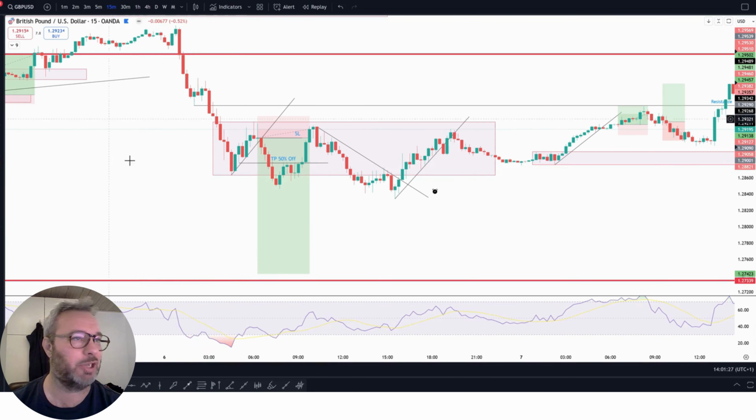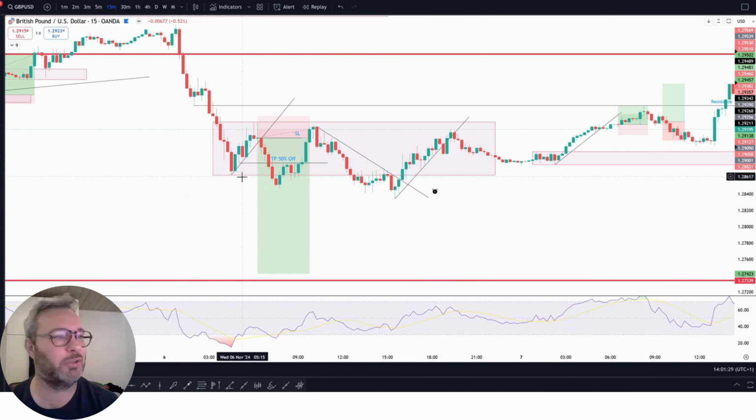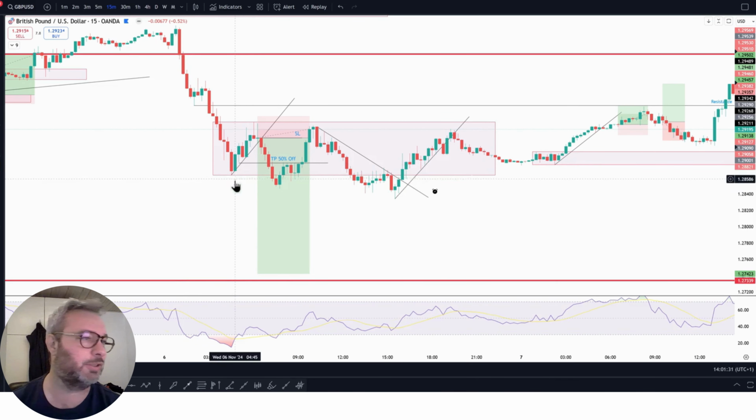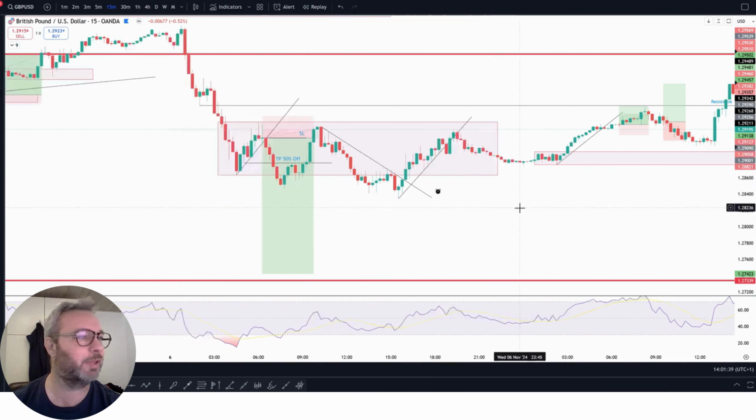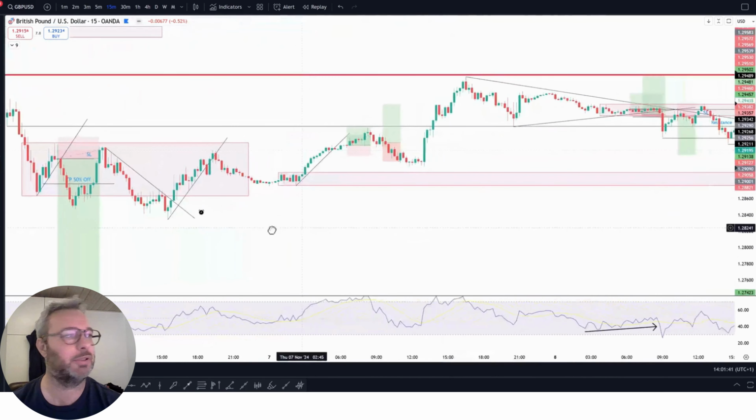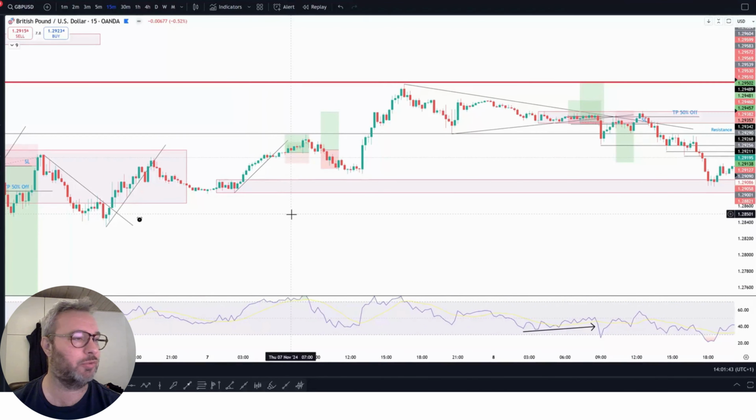I was still a bit irritated over my trade on Monday, so I decided to lock in some profits just to be sure. Price rejected from this low here and went up and took my stop loss at break even. But still profit. Let's go to Thursday.